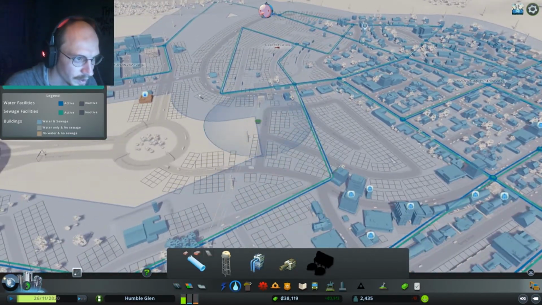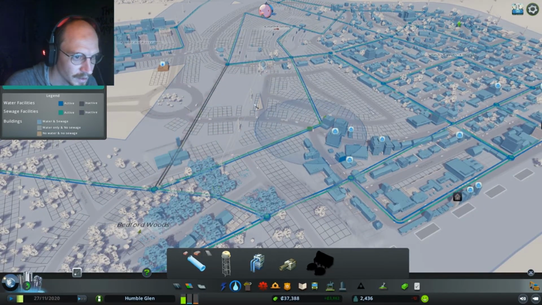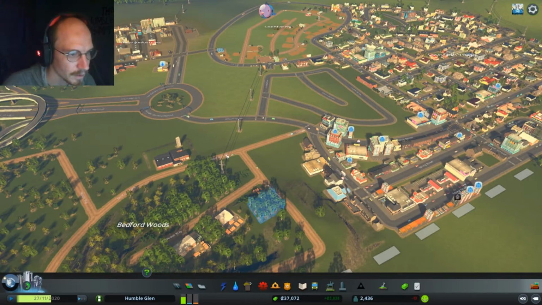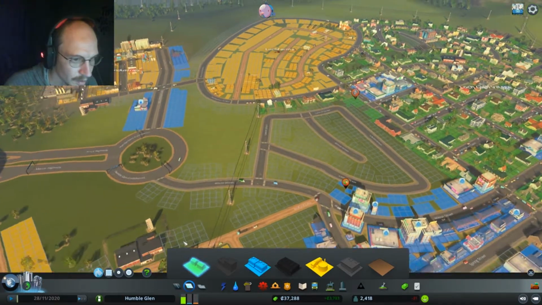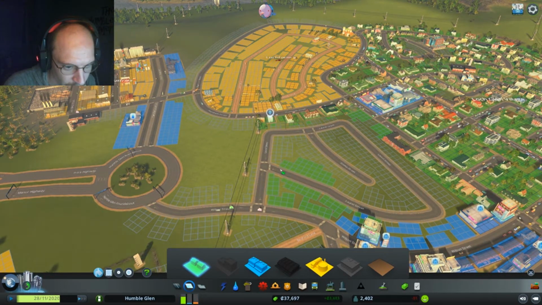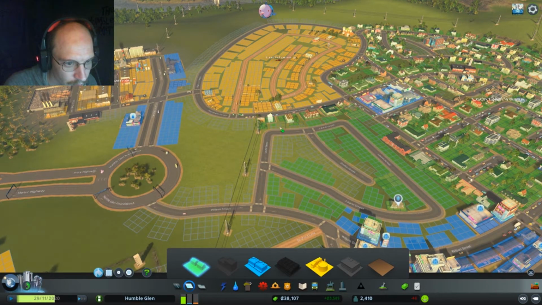Lovely. Water-wise, we're all good. I will just put a connection from there to there, which I think covers... No, of course it doesn't. That does there, there we go. Lovely, and then if I fill that in with... Yeah, it's more housing. That'll be good, and that is the end